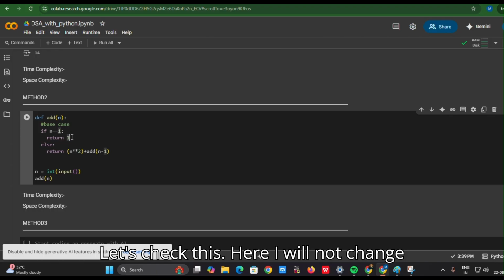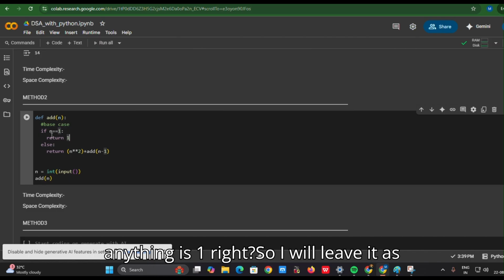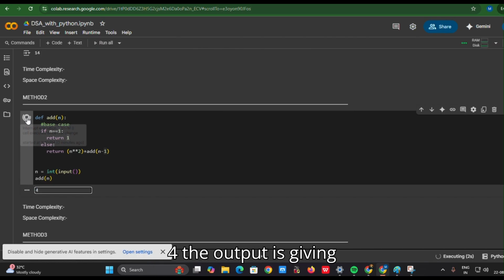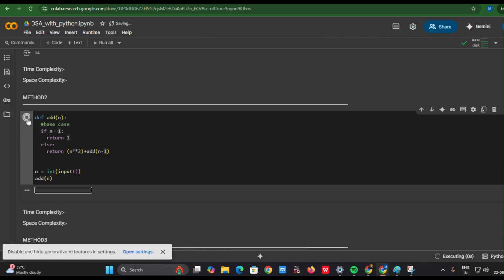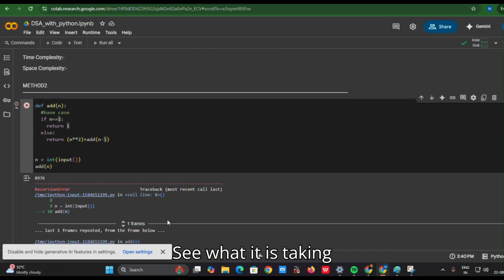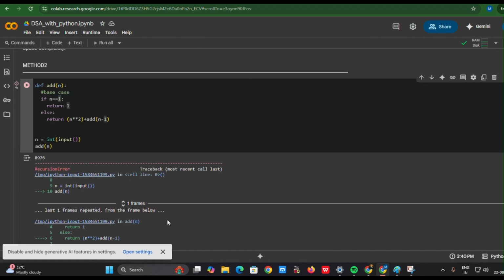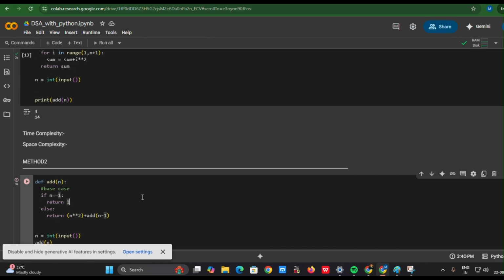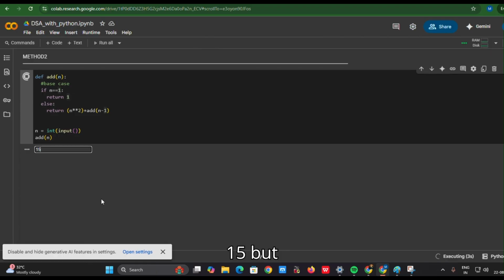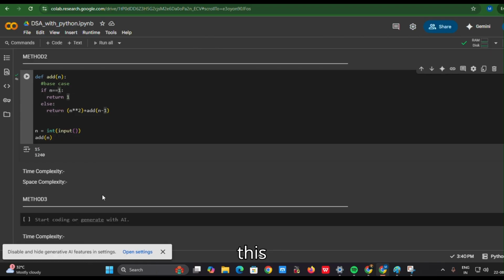Here I'll not change 1 as 1 power 2 because 1 power anything is 1, right? So I will leave it as written 1. 4, the output is giving 30, 3, the output is giving 14, 9, 6. See what it is taking. Let's run it again. 15, the output is giving